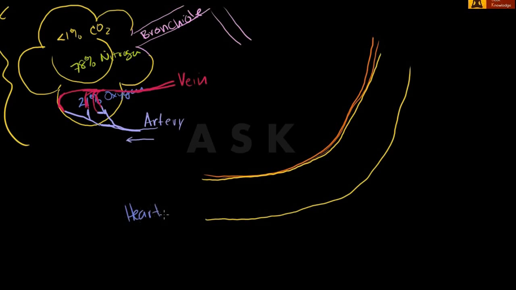So this is blood coming from the heart, and then this is going to go back to the heart. Well, the heart's on both sides. So let me write it this way: from the heart, and to the heart. And what you have here is, when we're coming from the heart, this is deoxygenated blood,